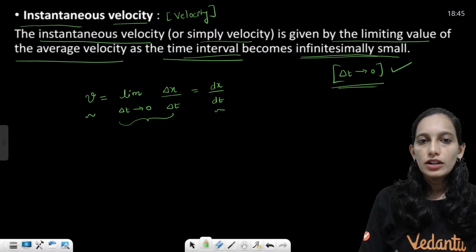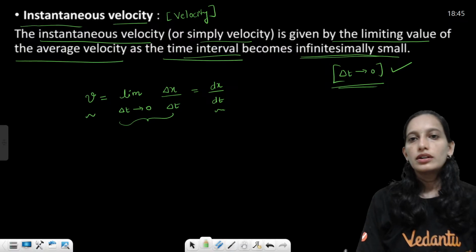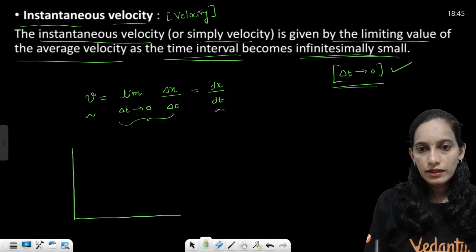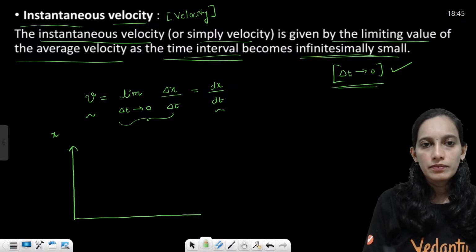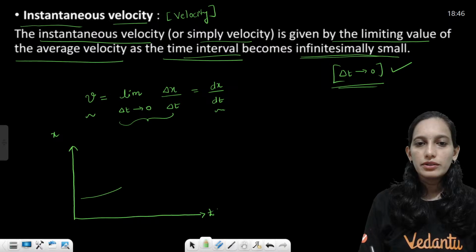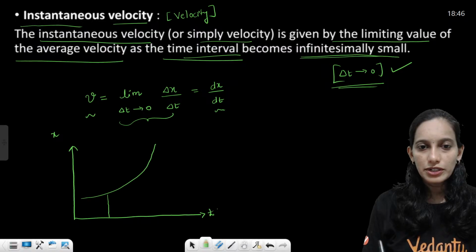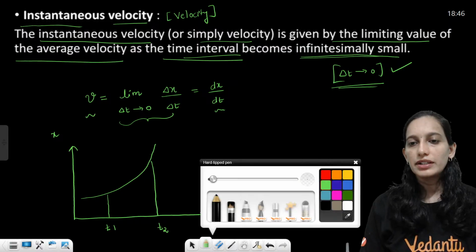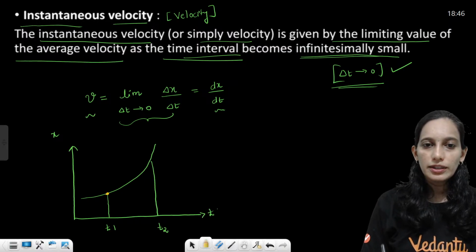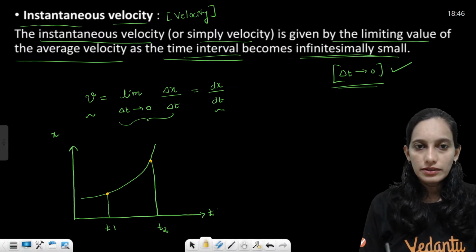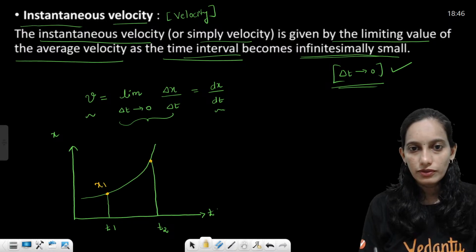Okay. So, just to give you a graphical representation of what we are talking about. Let me say I have x with t. Some object is under motion, so it might be going something like this. Initially I choose some time interval. This is t1 and this is t2. I choose two time instants. Initially the particle was somewhere here. After some time it is here. So we will say some positions like x1 and x2.